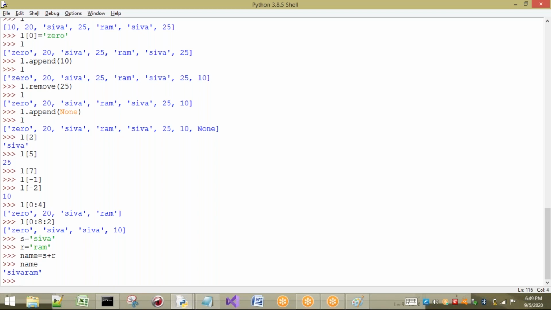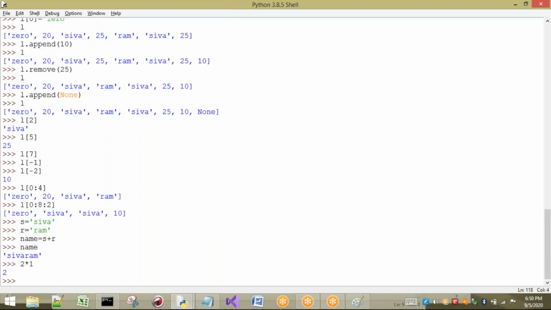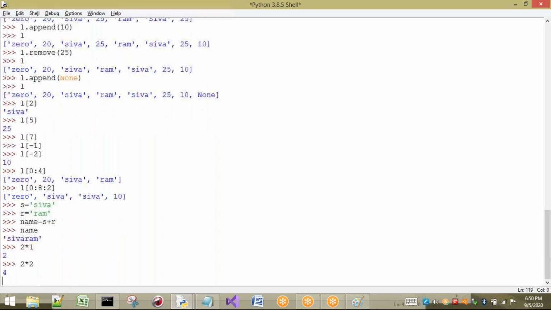But if you apply the plus symbol to numbers, it acts as addition. Next I want to show you one more thing: if I want to print the same string multiple times. Generally we have multiplication. 2 into 1 is 2, and 2 into 2, 2 times, is 4.